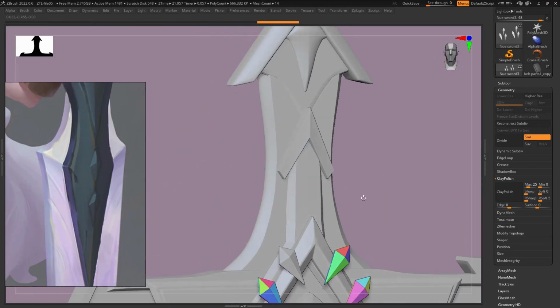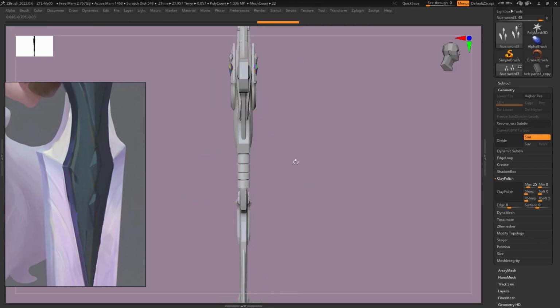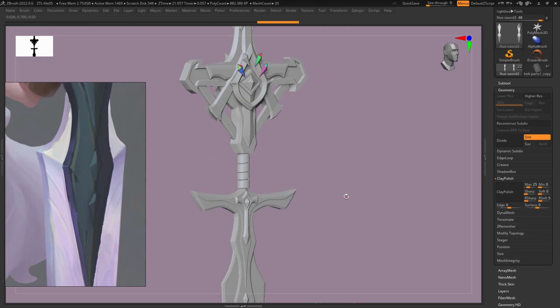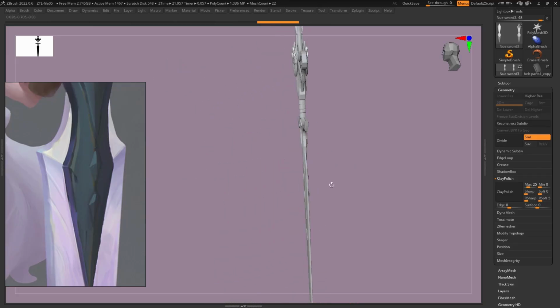So for me, guys, I think the sword is okay, but the thickness here is a little too thin. So I will try to increase it,